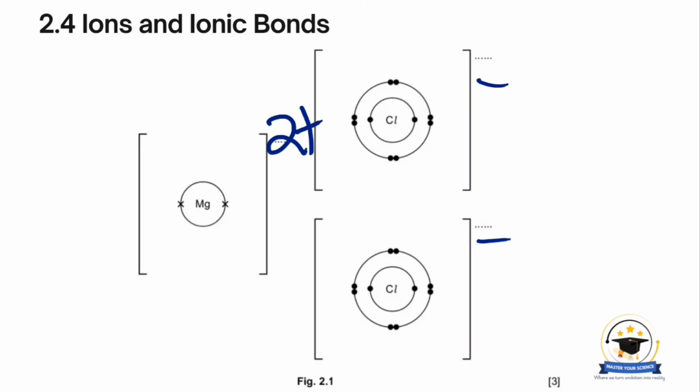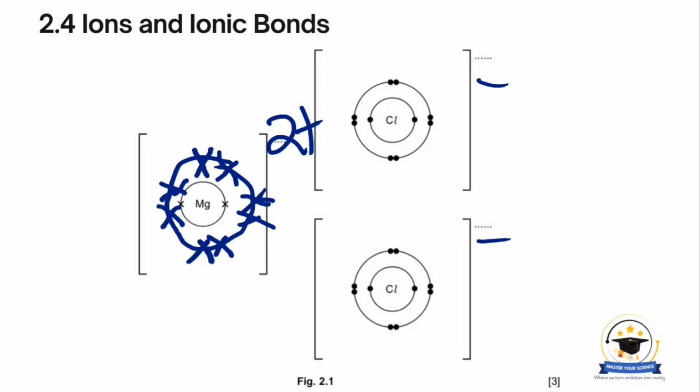So we have only one shell drawn in for us, so now we have to draw in the second shell and fill it with 8 electrons. And the electrons for magnesium are represented as crosses, so we also have to put crosses in our drawing. Then for chlorine